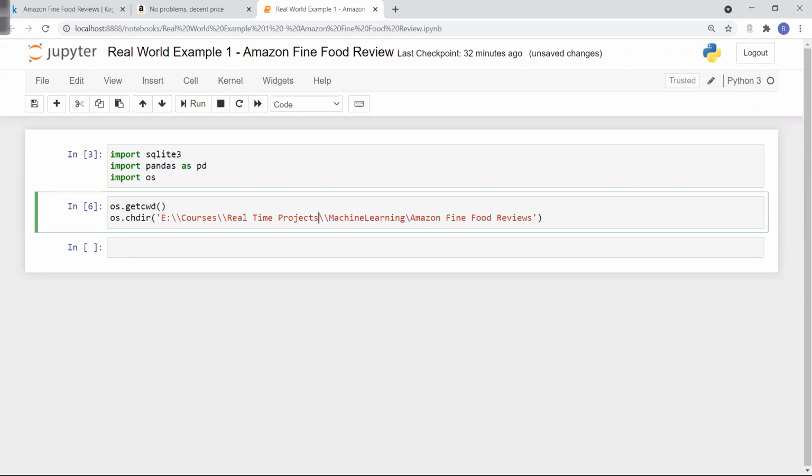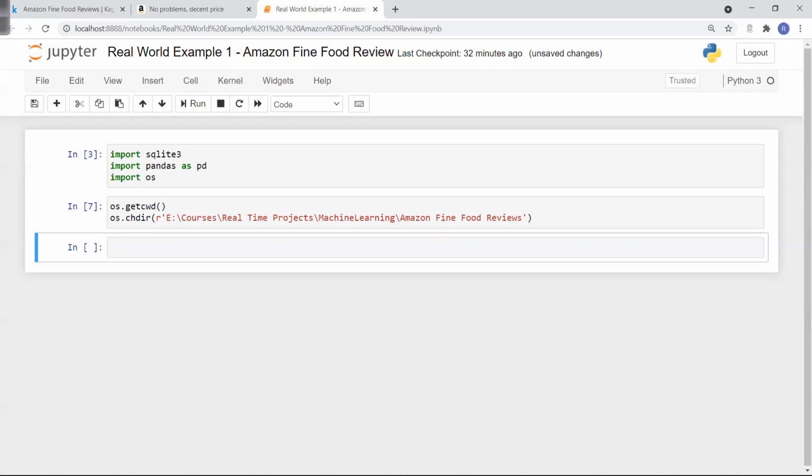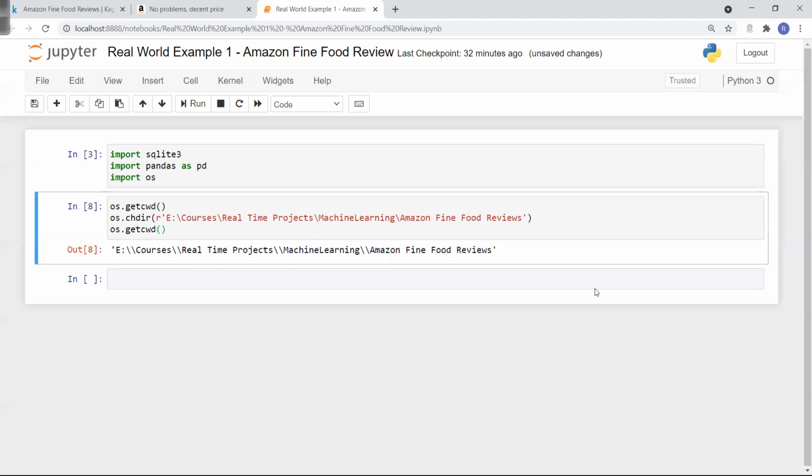So you can put the double slashes so that Python will understand that one of the slashes is the escape character, helping us understand that the other slash is a part of the string. But I can also write R, which is raw text. So Python will read it as raw text and make my working directory the path which I have given. If I now check my working directory again, you can see that we have the new path where the file is present, and that is what I wanted.